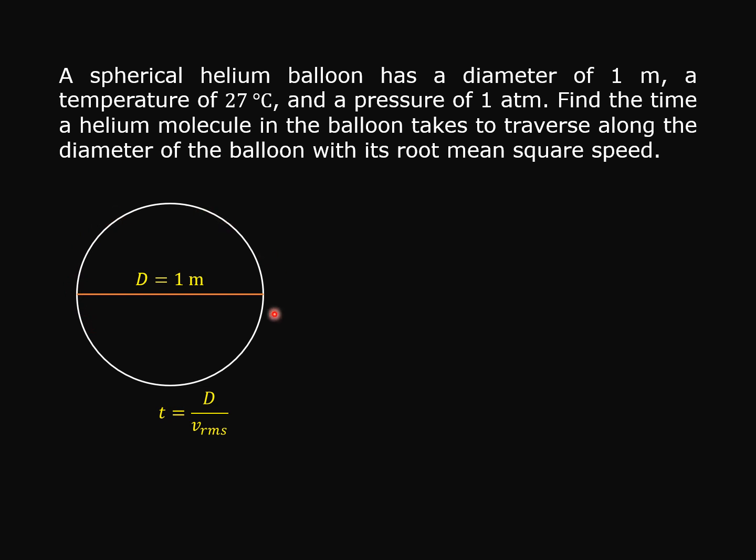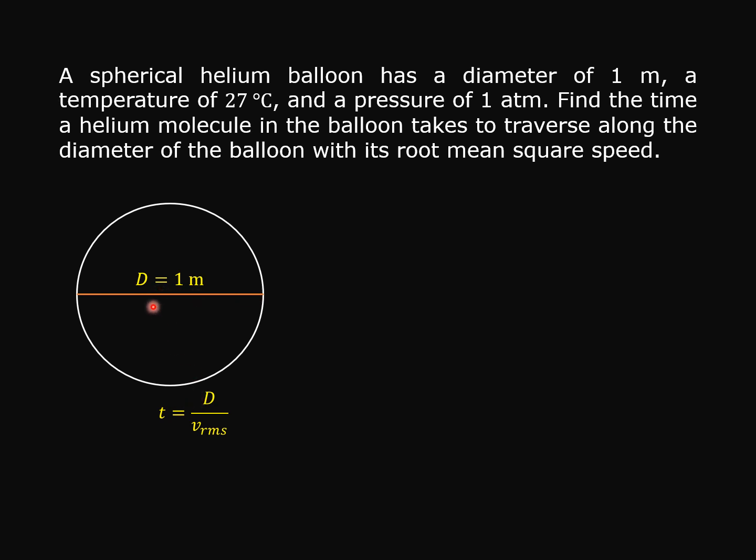We use the circle to represent the three-dimensional spherical helium balloon. The diameter of the balloon is D. Capital D represents the diameter, equal to 1 meter. So the question asks, for a helium molecule to traverse along the diameter with the 1 meter length, what is